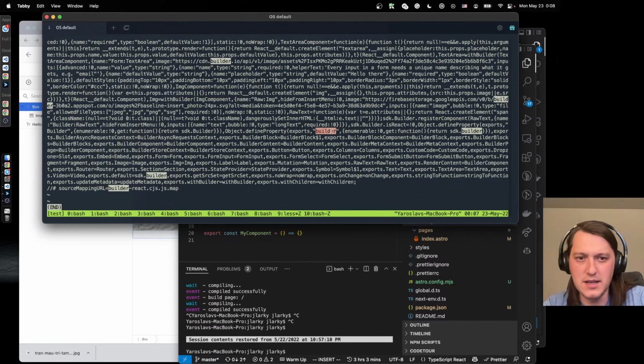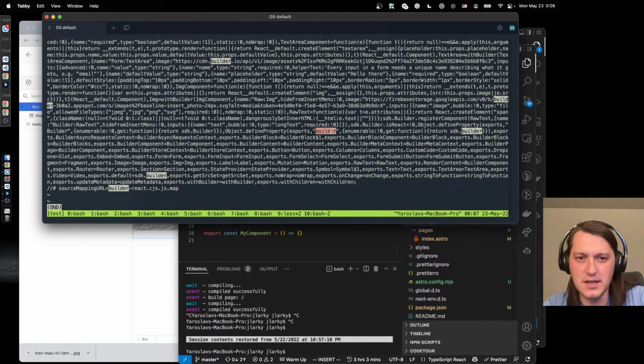So okay, so builder block, builder component, builder content, and default. I don't know how to turn on the selection, unfortunately.